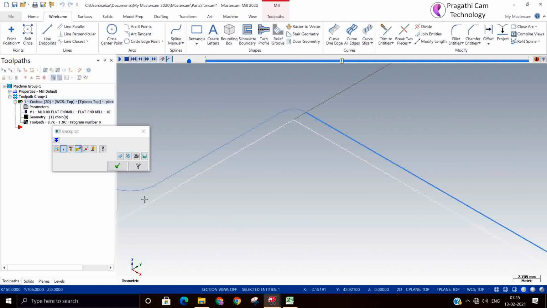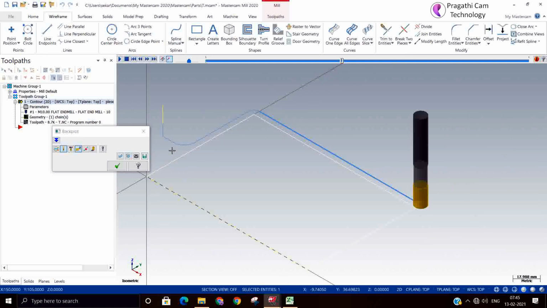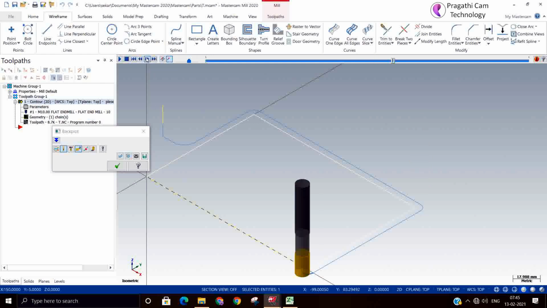It comes in very fast, its x-axis slowly reduces, and it hands over the movement to the y-axis slowly. So this hand-over between the x and y-axis will take place very smoothly, and that will increase your machine life. Okay, so this is the corner strategy.